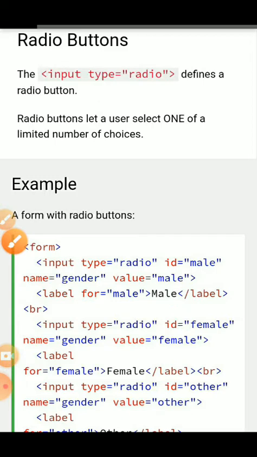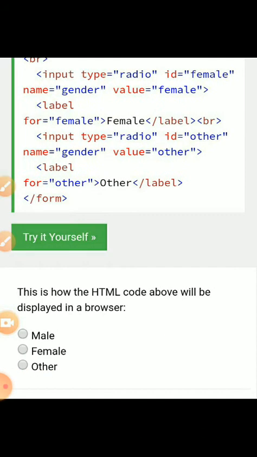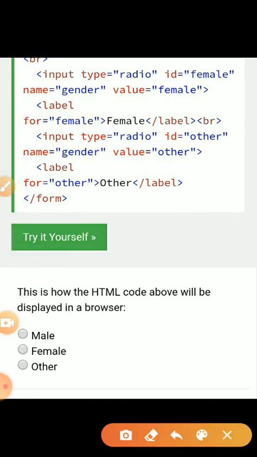Look at these examples: input type radio, ID male, name gender, value male. This is for creating that type of label.